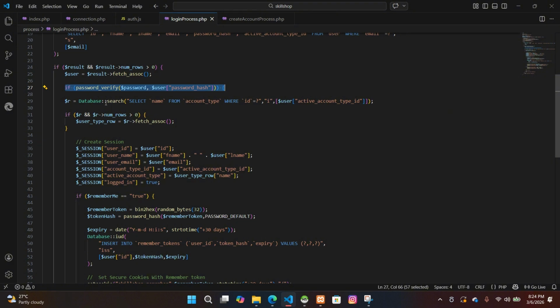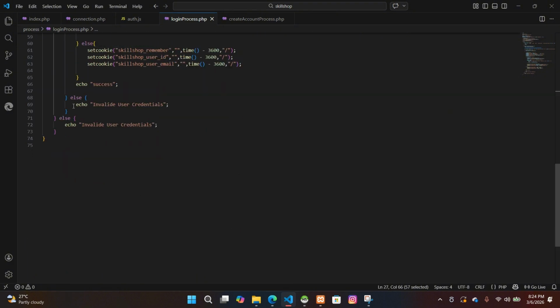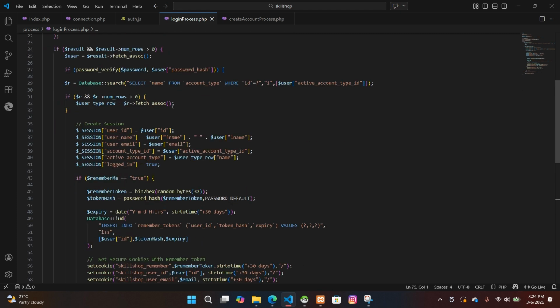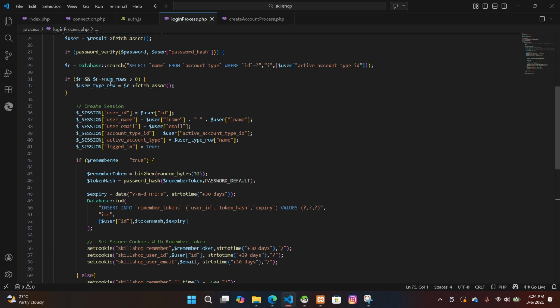And if the password doesn't match, we echo this invalid user credentials message, and then if it is correct,